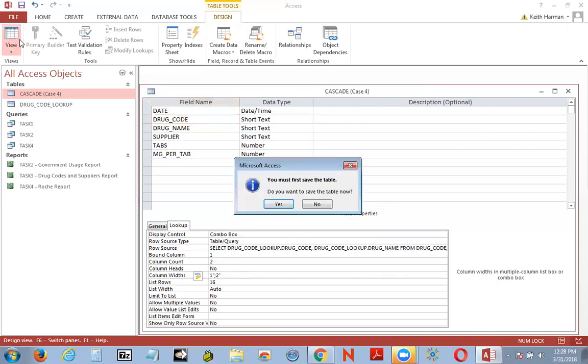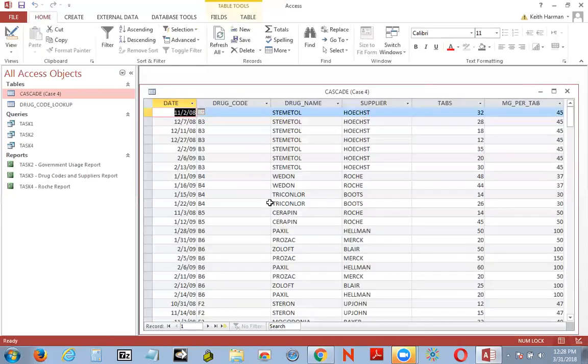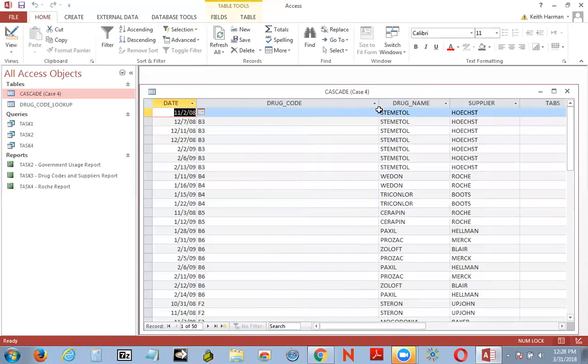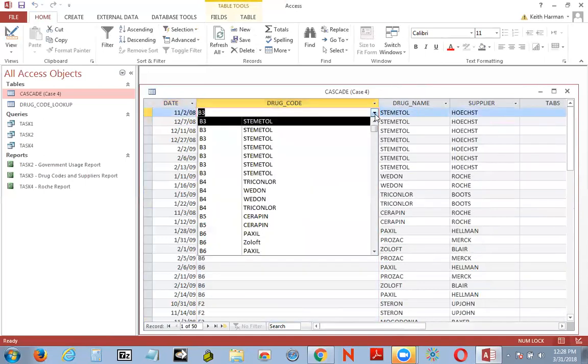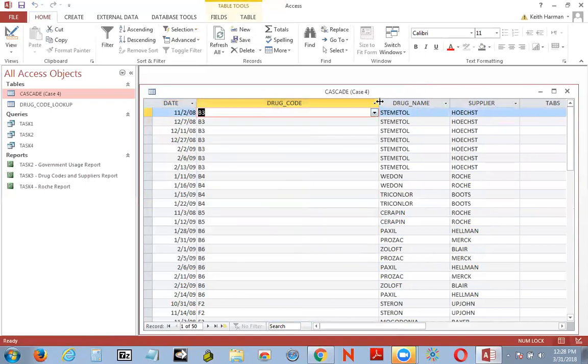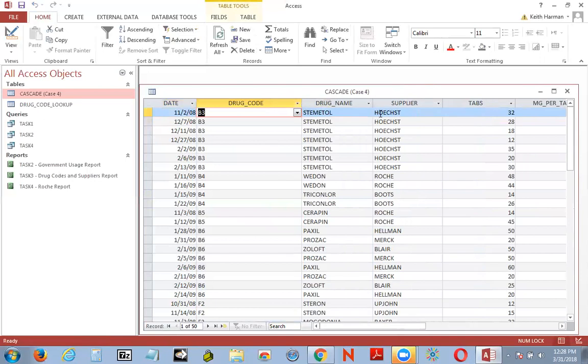There we go. Now I have the drop-down menu for the drug code. I click on that, okay? And it will tell me the drug code and the name of the drug. And of course, we could do the same thing for drug name,